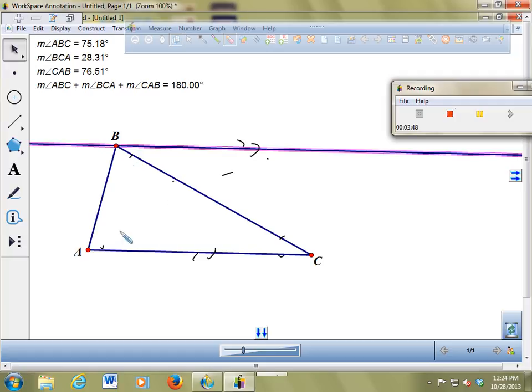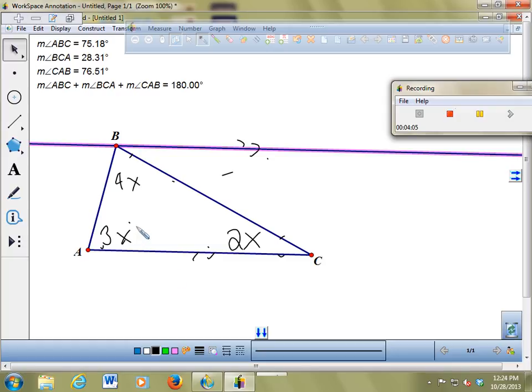Okay. If we know that this is 3x, and this is 4x, and this is 2x, could I find all of these angles? Yep. Yes. Okay. How would I do that? 4x plus 3x plus 2x. Exactly. 4x plus,